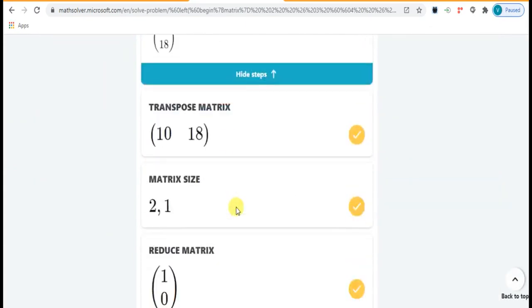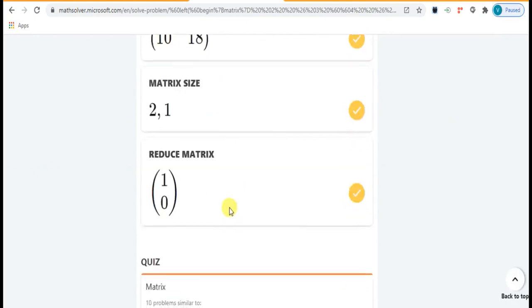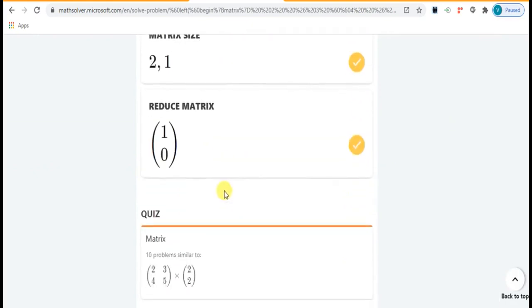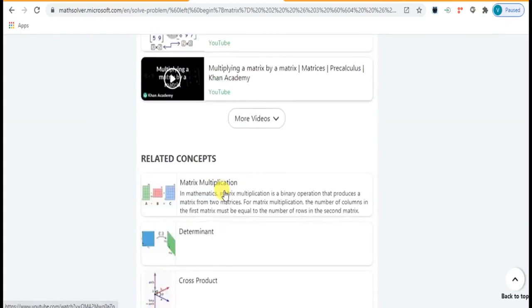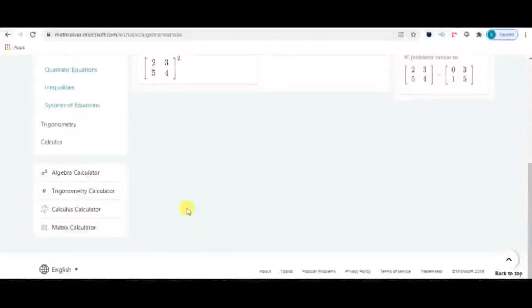It also shows the transpose of the matrix, matrix size, reduce the matrix, quiz, videos.